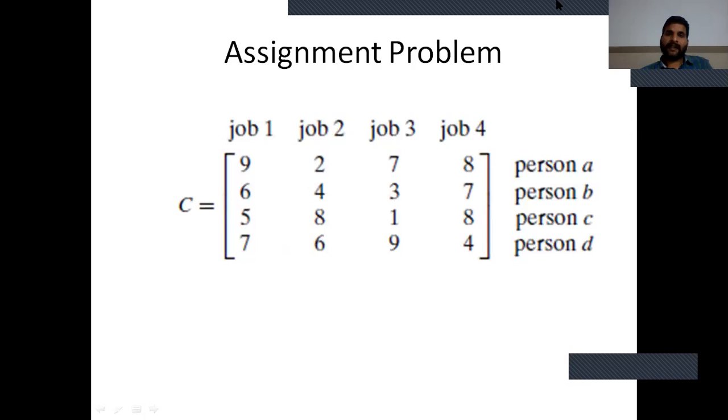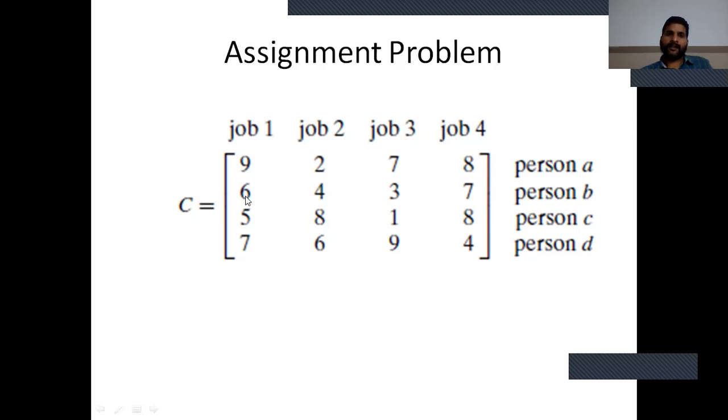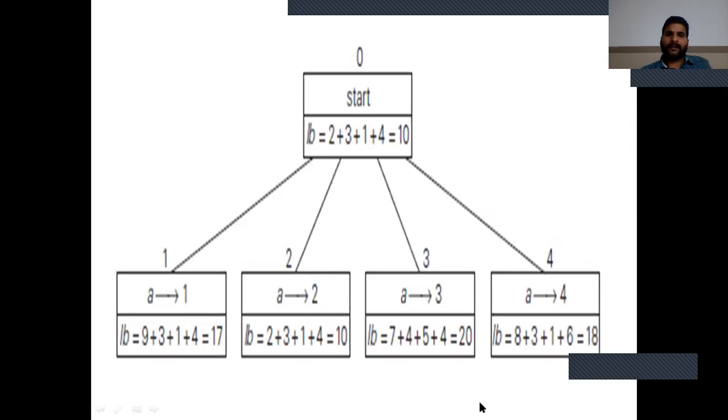After assigning the value of 7, we eliminate this column and then we select the least values: 6, 4, 5 equal to 4; 5, 8, 8 equal to 5; 7, 6 equal to 4. And the least value of this is 4, 5 plus 4, 4, 5 plus 4. And the total cost of this bound equals 20.